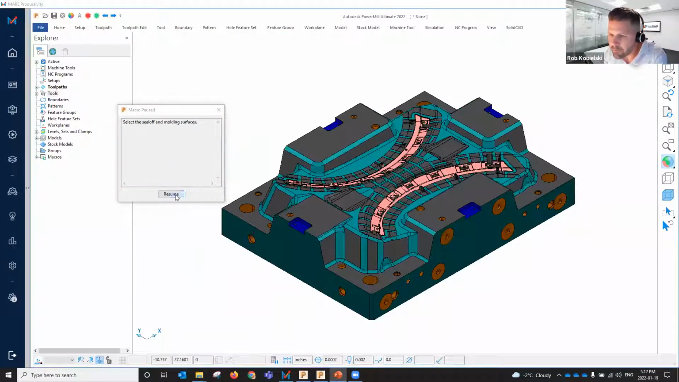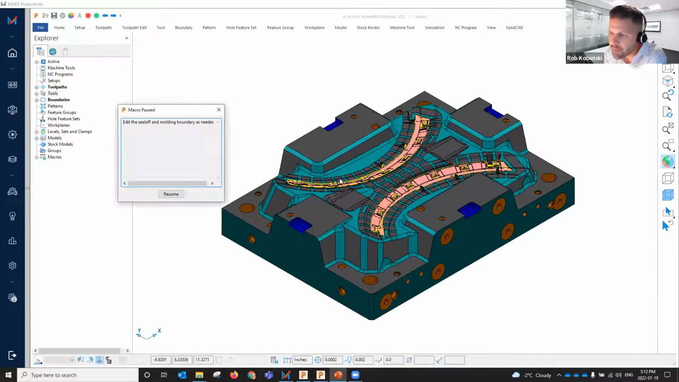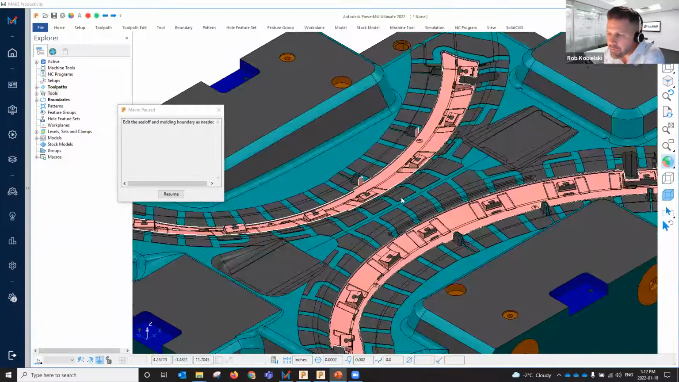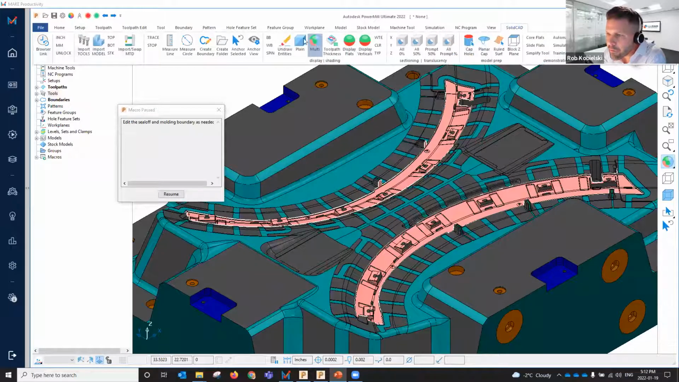And all I'm going to do is select an area where I want to not only rough, I want to semi-finish down to a 3mm tool. And at this moment, you can weed out any boundary segments that you're not interested in having, okay? Now, of course,